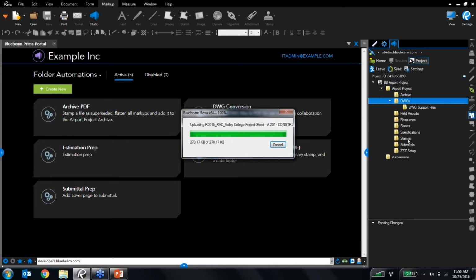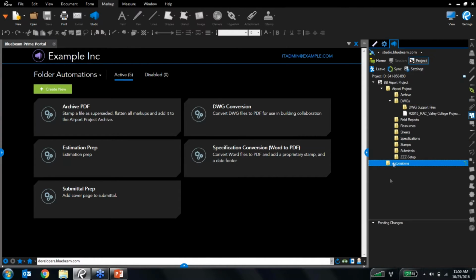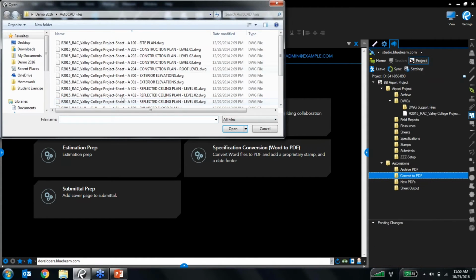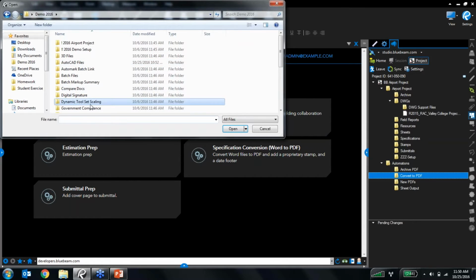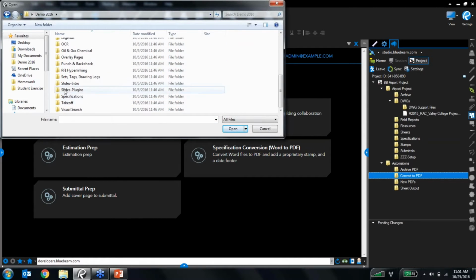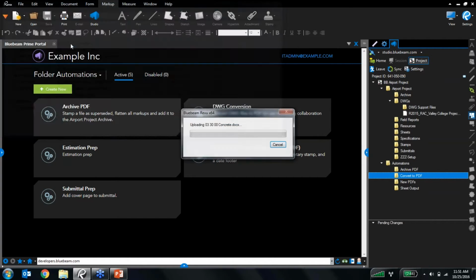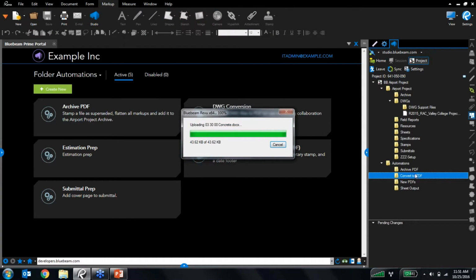Now, in addition to that one, I'm also going to come into my automations. And what I've got here in my automations, I've got convert to PDF. I'm going to upload a Word document here. So coming back over into my specs. Okay, I've got a Word document here for 033000 concrete, so I'm going to upload that to my convert to